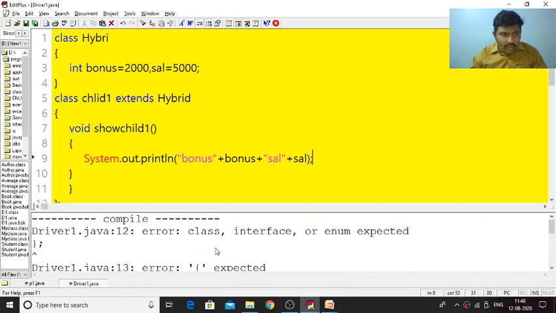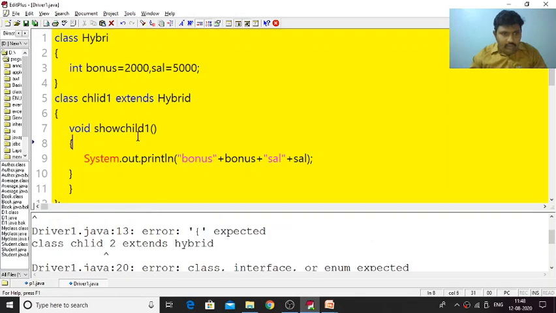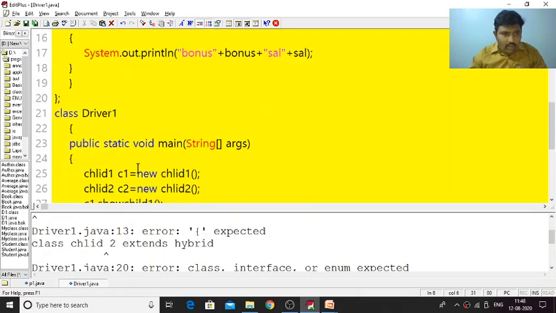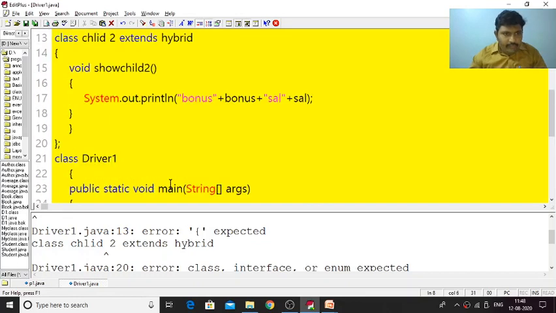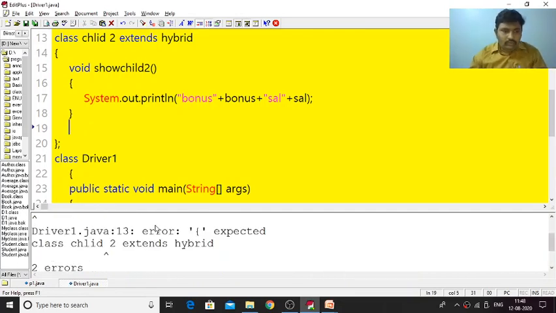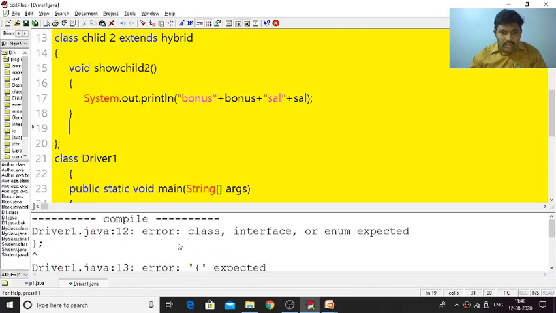Somewhere I missed the class driver1. I think here I have an extra brace. Let us remove that.